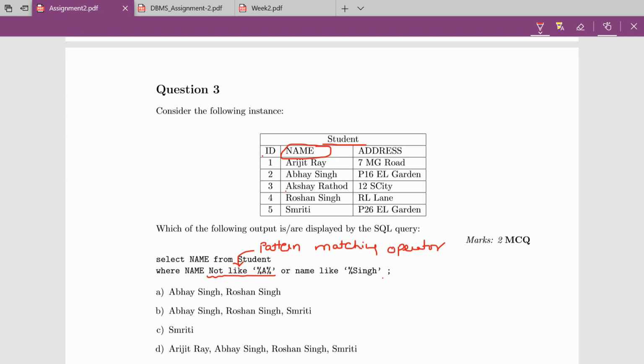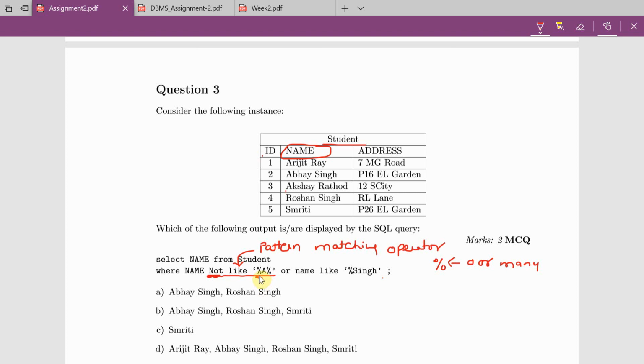In this question it uses a character called percent. This percent indicates 0 or many characters. Here the question is name not like percent A percent, meaning before A 0 or many characters, after A 0 or many characters, but the name should not contain the letter A.